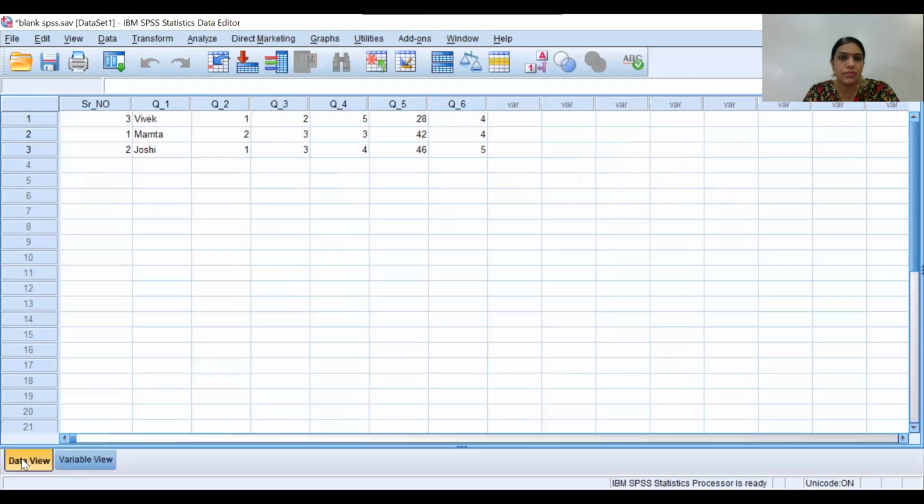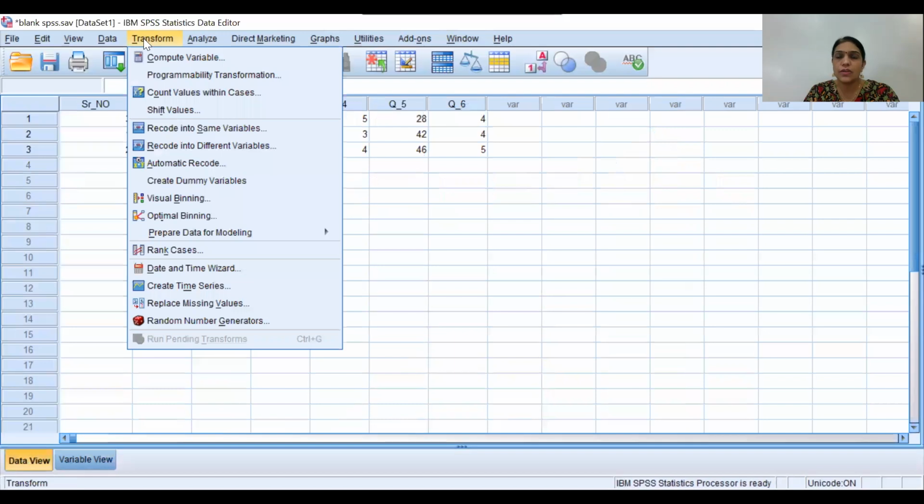Now you go to data view. Yes, see, earlier it was 1.00, 2.00, now it is 1, 2, 1, and so on. Okay. So this way you can work in the variable view and this way in the data view. Some of the transform functions you should use before doing the data analysis. These are the functions using which you can clean your data.